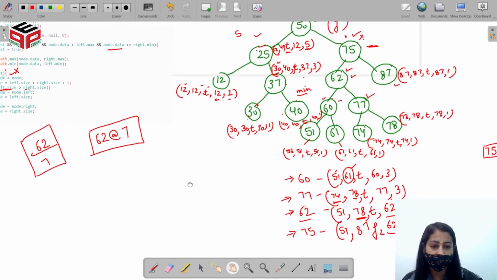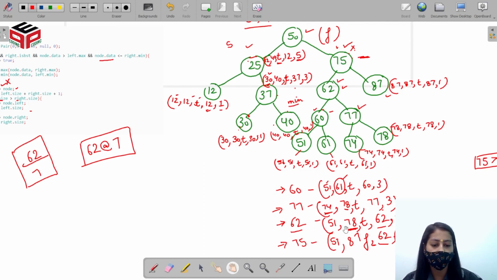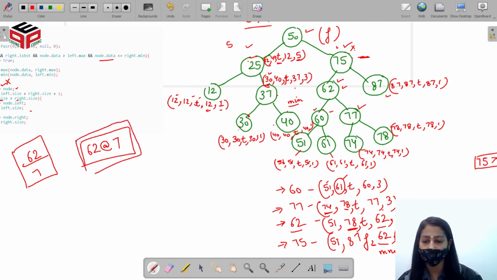So I hope you are clear with the concept that we don't need to check if the left subtree is a BST or not, and the right subtree is a BST or not, since we only come to this point after checking that this left and this right subtree are BSTs. So we are storing the maximum node up to the particular node in the m node variable, and in the size variable of the pair class we are storing the size of the largest BST subtree, and we are storing that size in this node, right? So we are getting our desired answer, right? I hope you are clear with the concept.